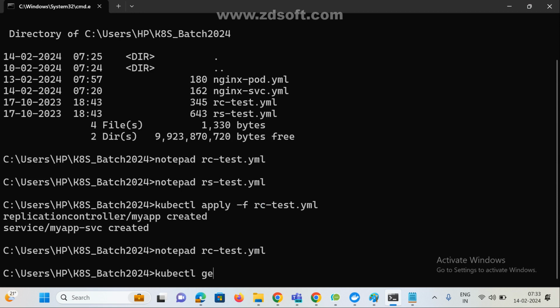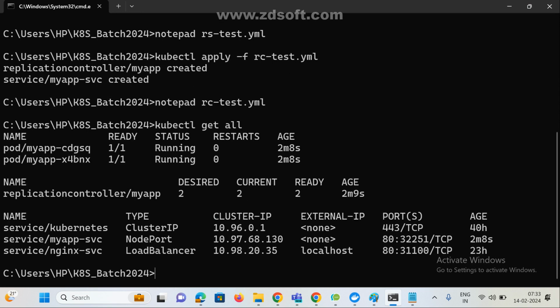kubectl get all. Now see here, this is my nginx app service. What is the node port? And see, this is the IP, this is the port number. Now my service is ready. And so now if you observe here,